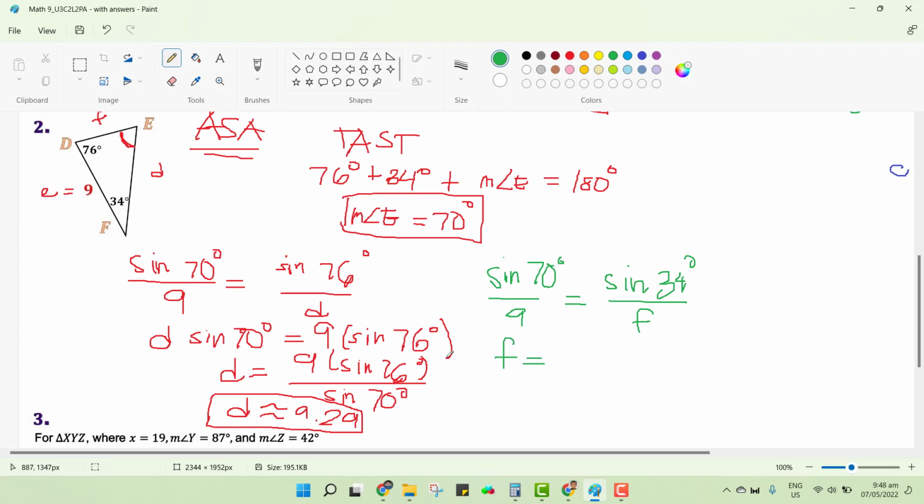Let's jump immediately, okay? This is 9 sine 34 degrees all over sine 70 degrees. And F could be approximately,